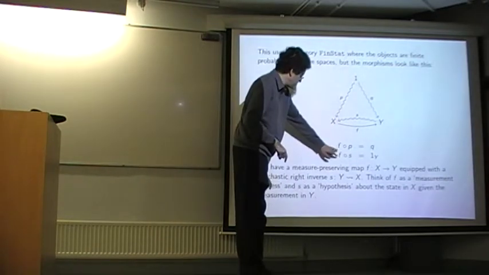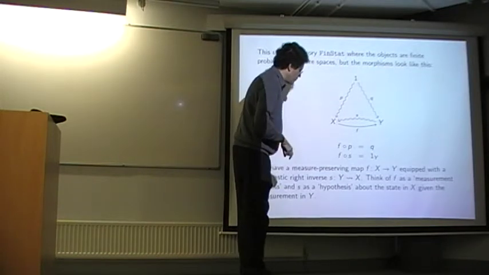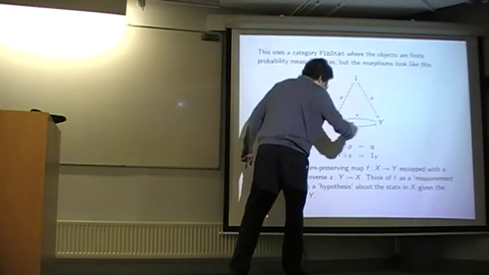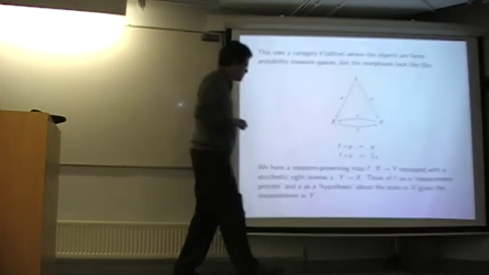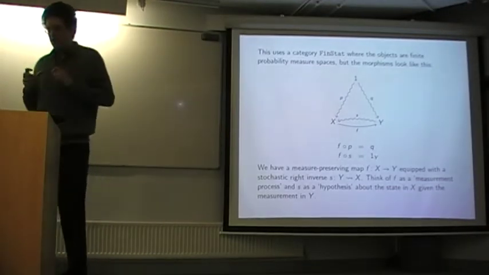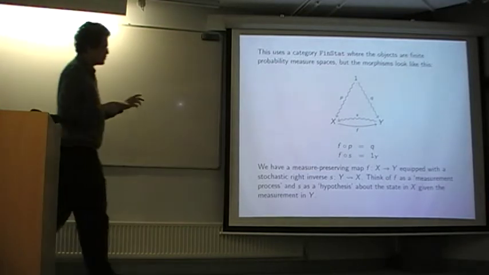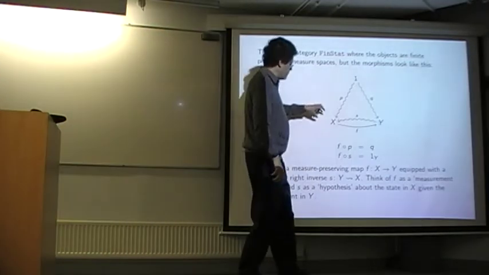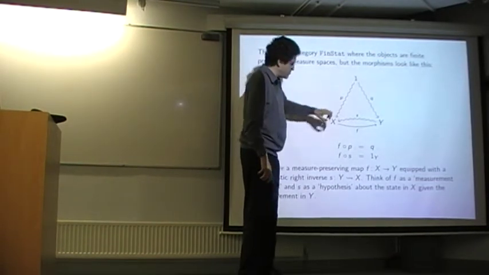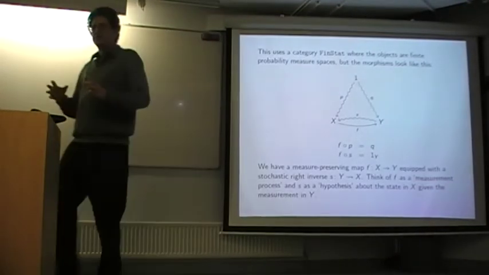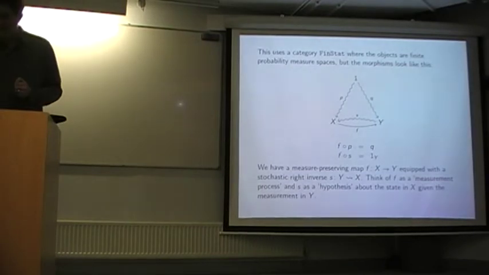And this is a kind of consistency condition. It says that if you make that guess and then go forwards, you do indeed get back where you started. And so this is a category where you should think of the morphisms as being a measurement process together with a hypothesis about the system you're measuring. And that's a situation where you can talk about relative entropy,